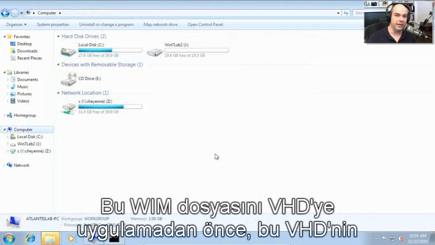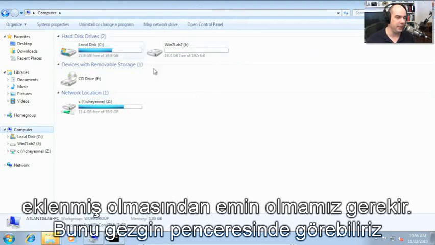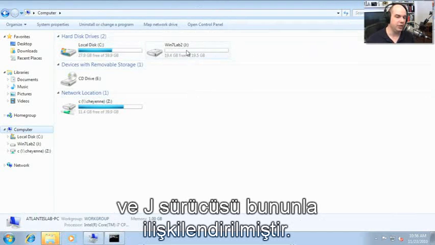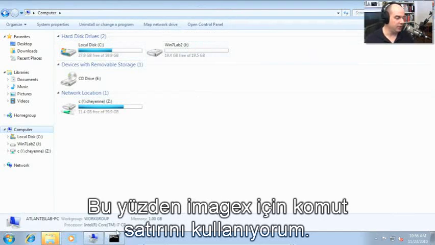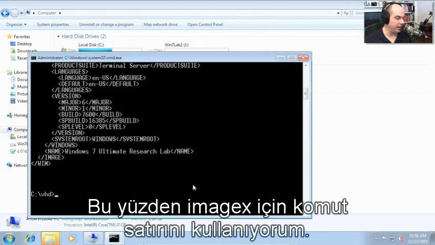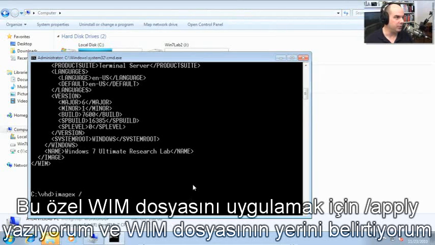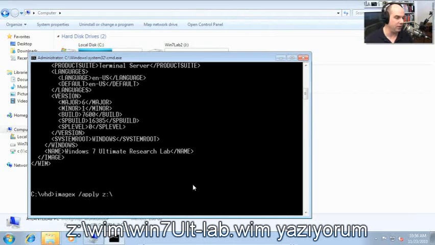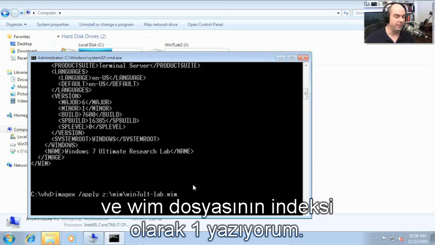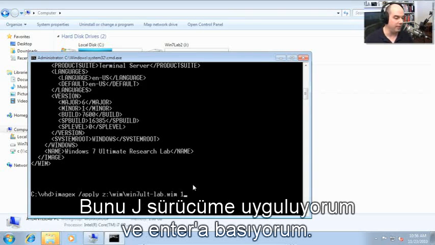Before we apply this WIM file into this VHD, we need to make sure our VHD is indeed here and attached, and it is. We can see it in Explorer. It has a J drive associated with it. So let's use a command in ImageX to apply this particular WIM file, and I need to specify the location of the WIM file. It's in Z:\wim, and it is our Win7 ultimate-lab.wim. And I'm going to specify that first index on the WIM file and apply it to my J drive